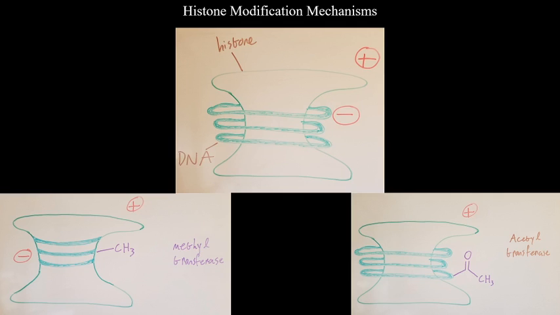Here are the basic mechanisms of histone modifications. A positively charged histone binds with the negatively charged phosphate backbone of DNA, allowing the DNA to wrap around the histone protein. DNA that does not need to be transcribed is wrapped tightly around a histone protein. This tightening is induced by methyltransferase, an enzyme that adds methyl groups to the DNA, making it inaccessible to transcription